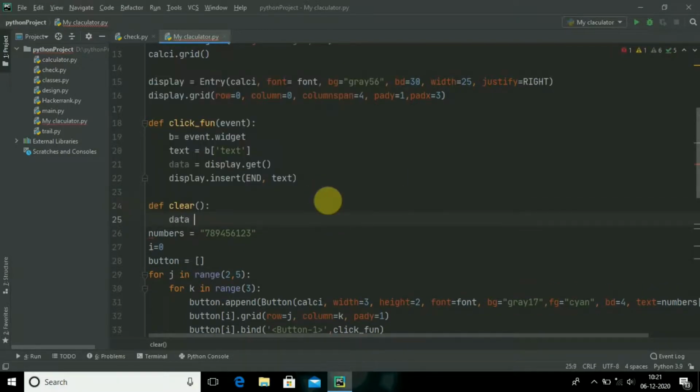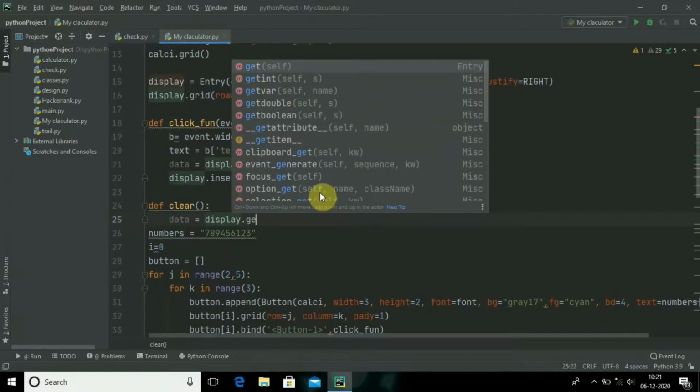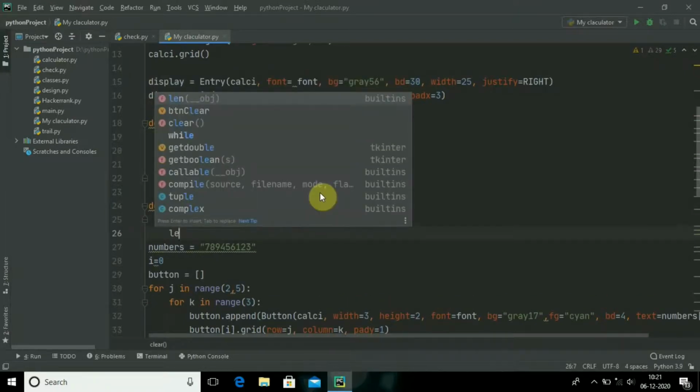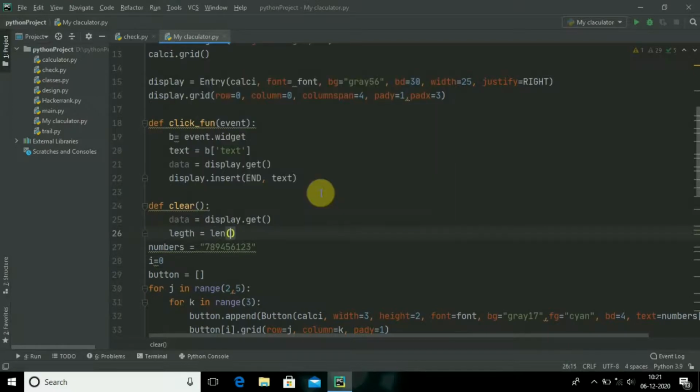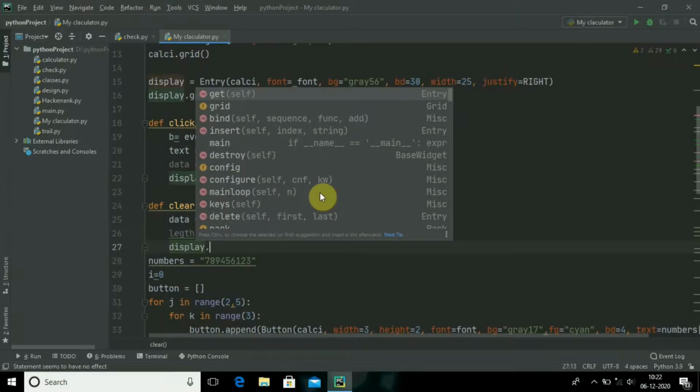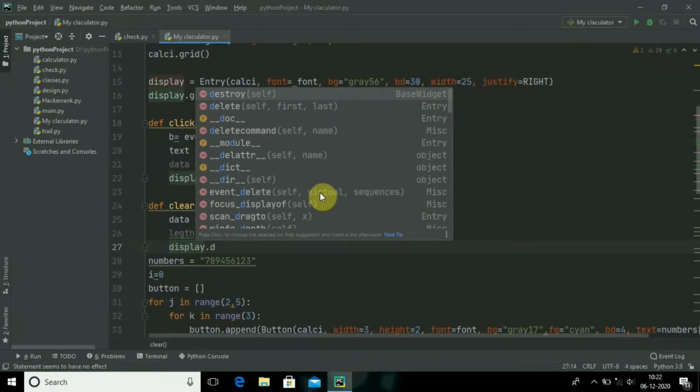Last thing, data is equal to display get, whatever the data that is displayed on the screen. It should calculate the length of the data, and it should display the length of the data minus 1, so that it will display only from the end to the first one.